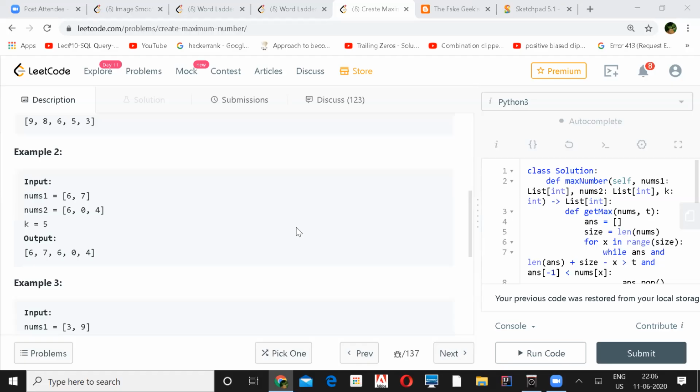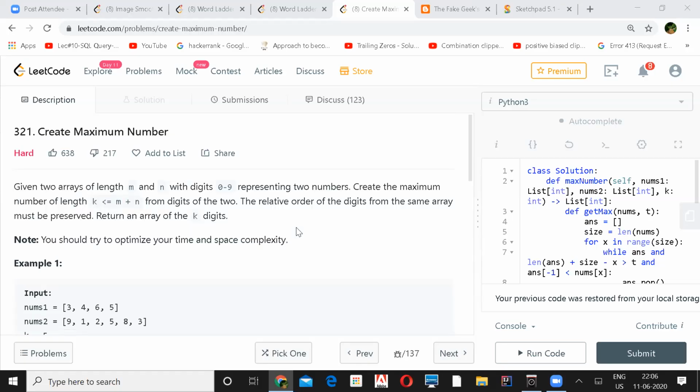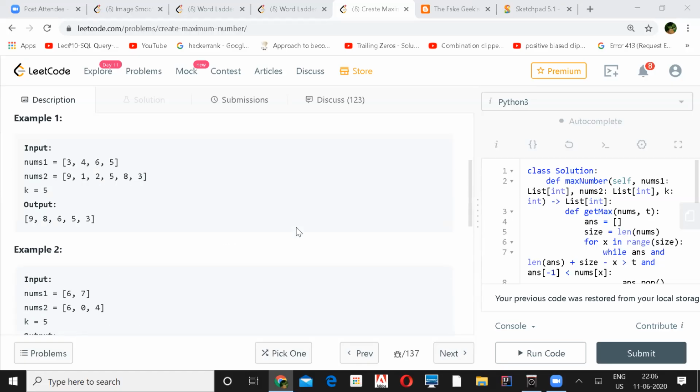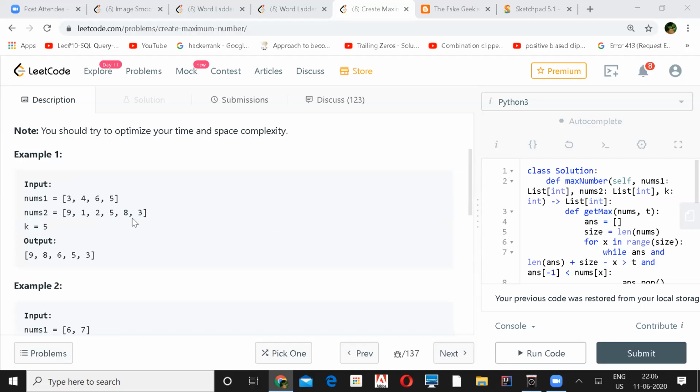So how to get any intuition and approach for this type of problem? Because as soon as I get this type of problem, I don't have any direction to move. I was blank. One thought I had: among these two numbers, take the greatest digit, 9, then increase the pointer and check between 3 and 1. 3 is highest, I'll pick that, but that will not work.